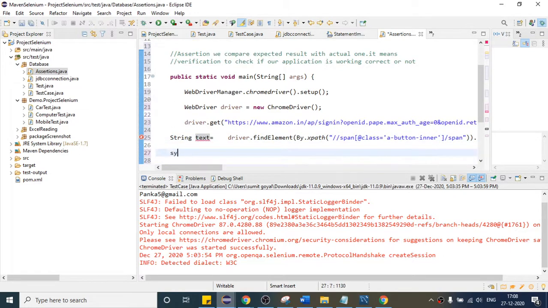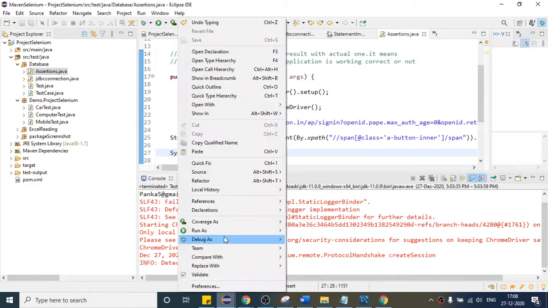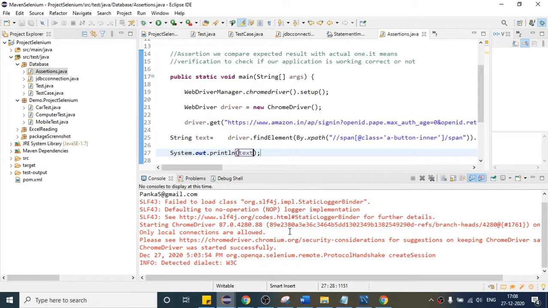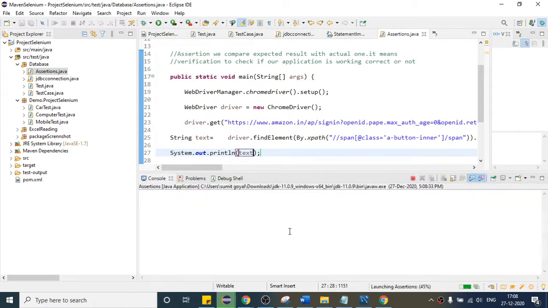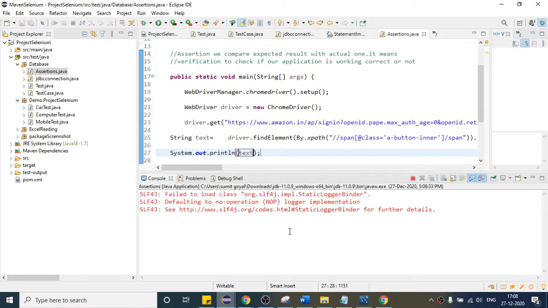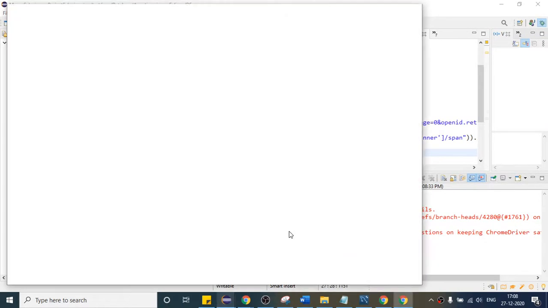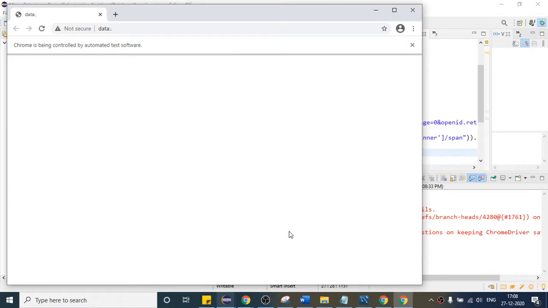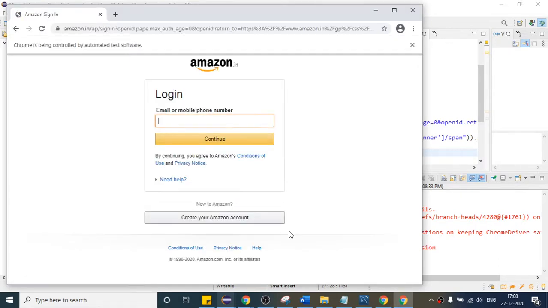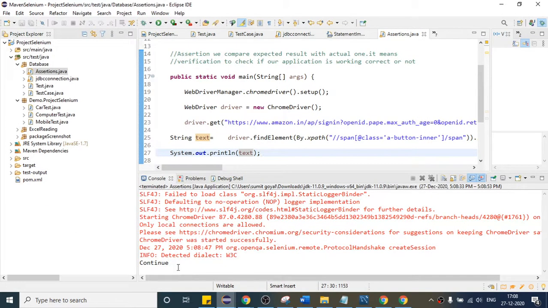First let us see whether it is giving me the correct text or not. Then we will see why we have to work with assertion. This time we should print continue. So it has printed, right?